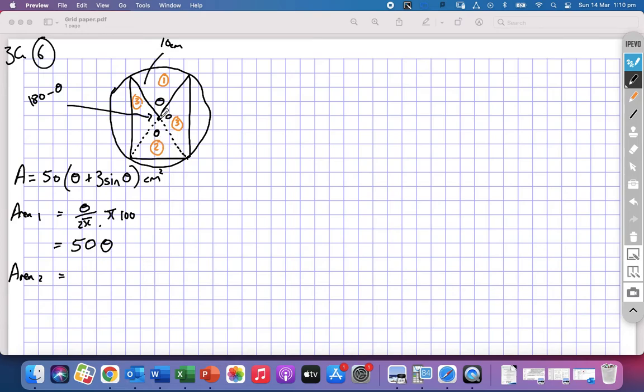Do I know the base? No, I don't think I can work it out. All right, what I'm going to have to use is a different formula. Hopefully you remember it. You may not have used it since year 10. You've got any triangle ABC, not right angled. It's isosceles, but it's not right angled. I could put a line down the middle and make it right angled, but I don't think it's going to